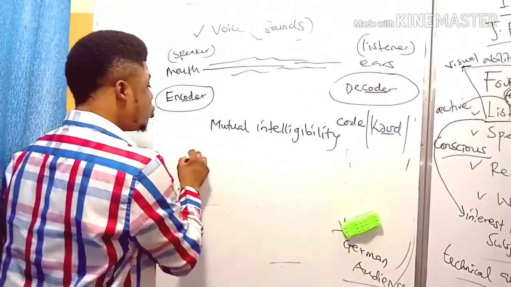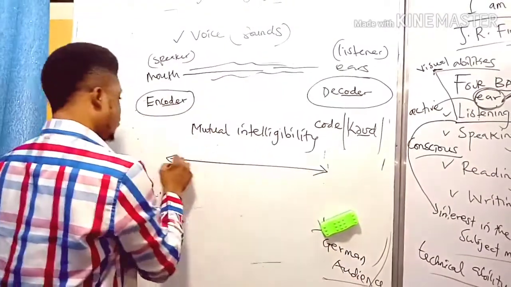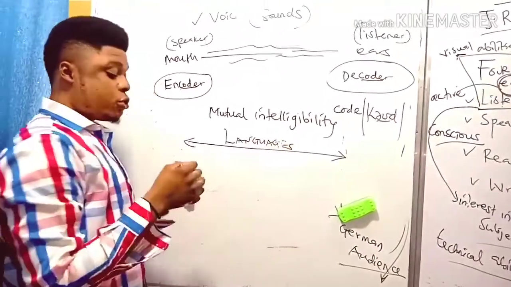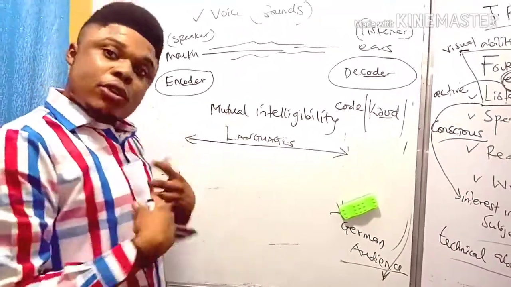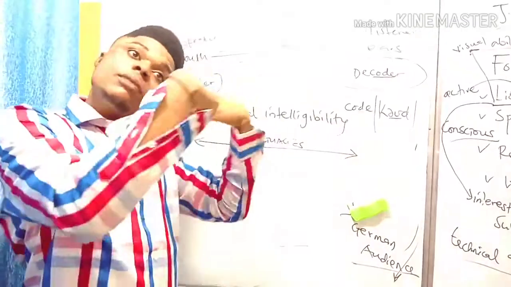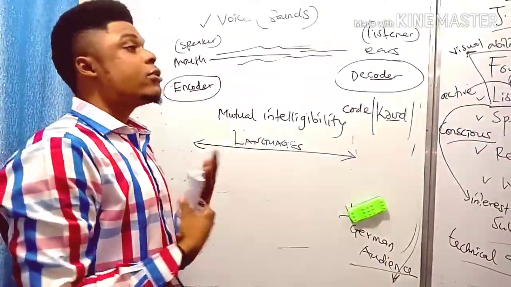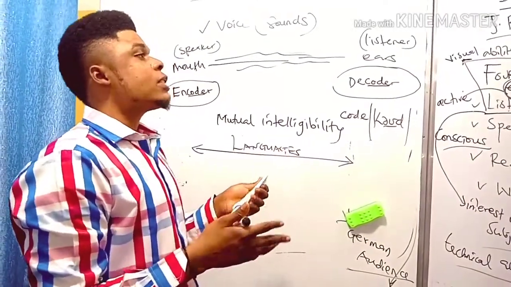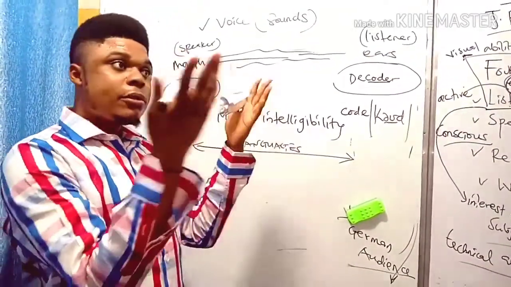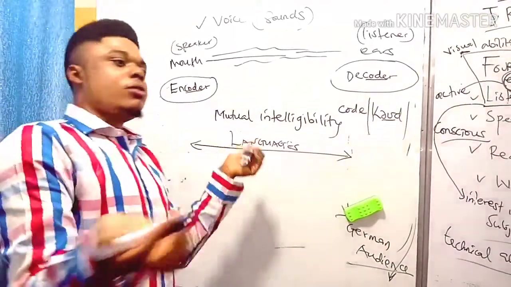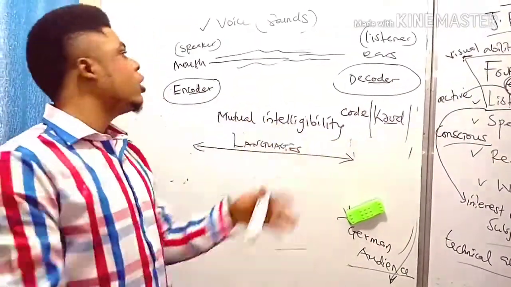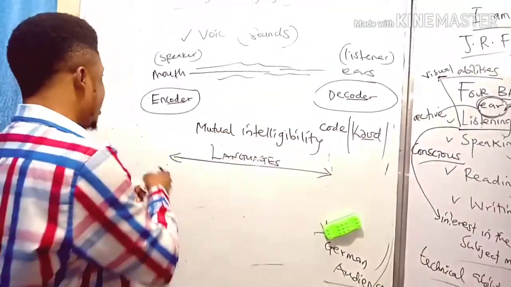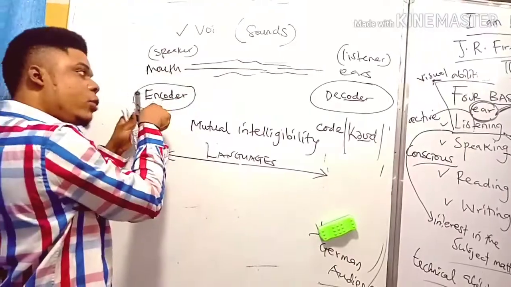That means the two languages in question must be mutually intelligible. That means I must understand what you're saying. You also must understand what I'm saying. Else I'll just think to myself. I can't just go on and on and on. Someone, just a French speaker, comes and tells me something, I'll just be smiling at the person because I don't know what that means. Or if a person asks me, how are you doing or something, I would respond because I'm English speaking. So for speaking to thrive, there must be mutual intelligibility between the speaker or the encoder and the listener or the decoder.